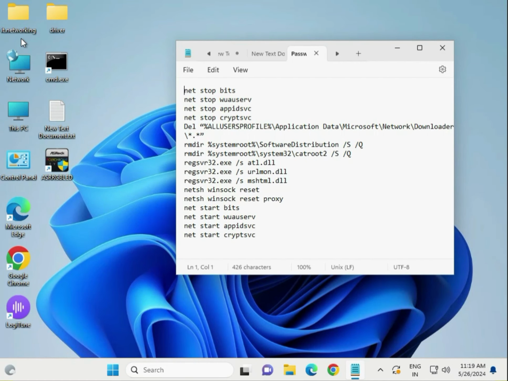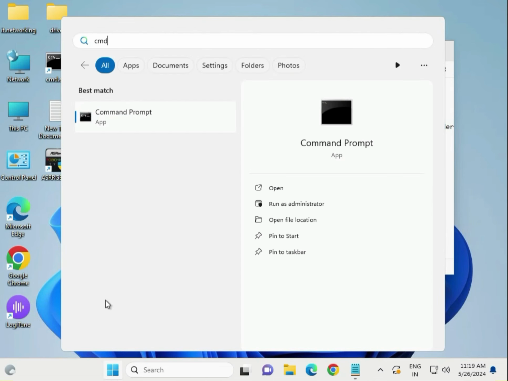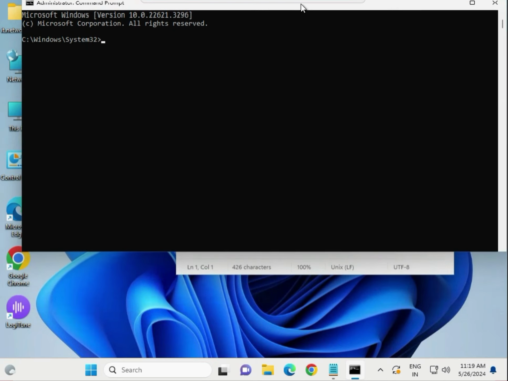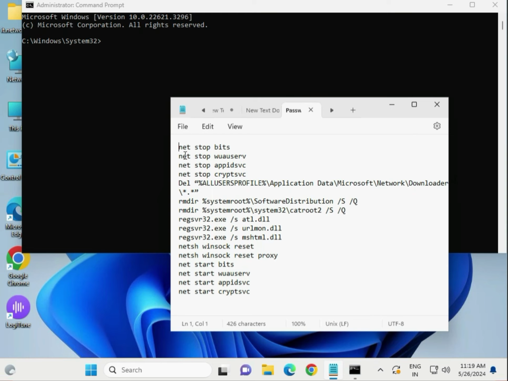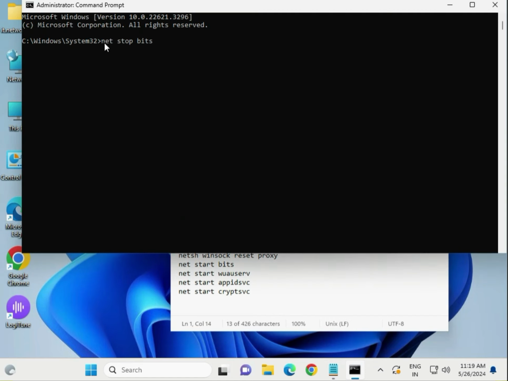Next method, reset network update component by cmd command. So open cmd, click to start and type cmd on Windows search box, then right click to run as administrator. So that is all command to reset component. So one by one type, you can directly copy paste, otherwise you can type manually, copy and paste and hit enter,